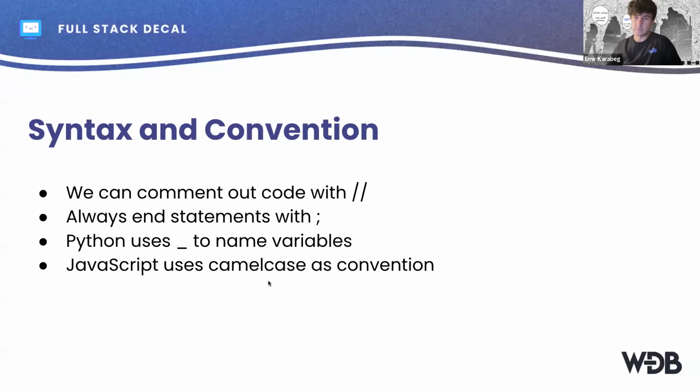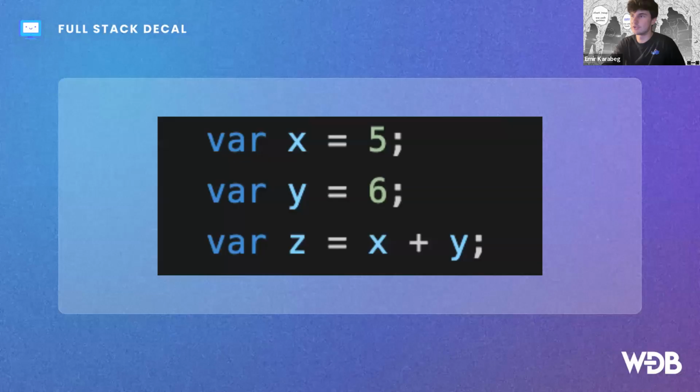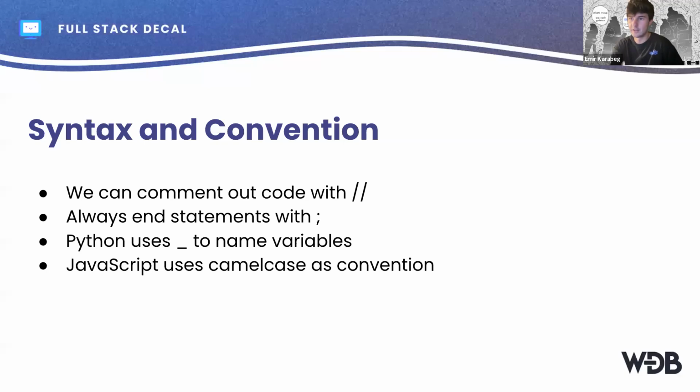Syntax and convention. So we comment our code with double forward slash. We end statements with semicolon. This actually isn't required in JavaScript, and the later on you get, people will intentionally keep them or intentionally remove them. It's really just a preference. For now, just end all your statements with semicolons so you know where they end, because sometimes your code can get confusing. So I would just say when you're starting out, just put a semicolon. It's not going to kill you. But if you omit it, it's not going to error either. So for instance,